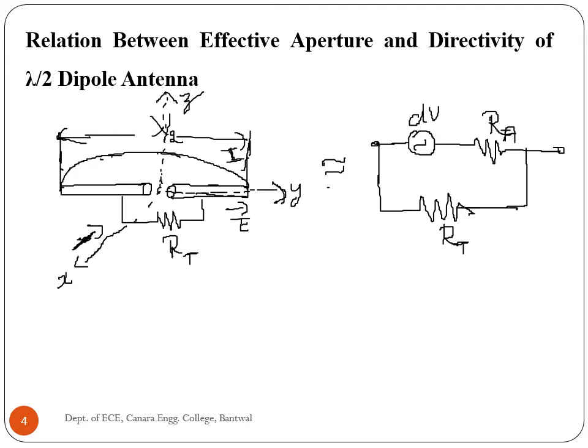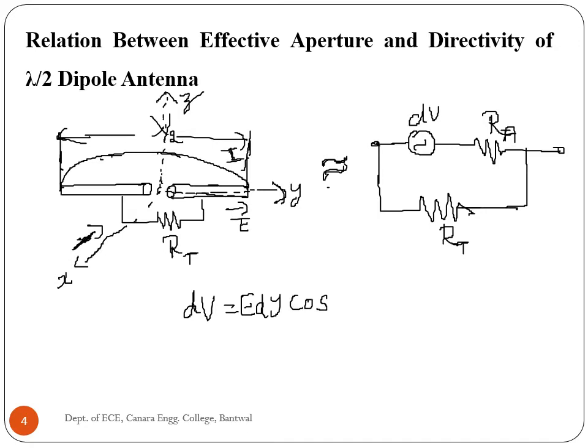The antenna is replaced by an equivalent generator. The infinitesimal voltage dV of this generator, due to the voltage induced by the incident wave in an infinitesimal element of length dy of the antenna, is dV equal to E into dy